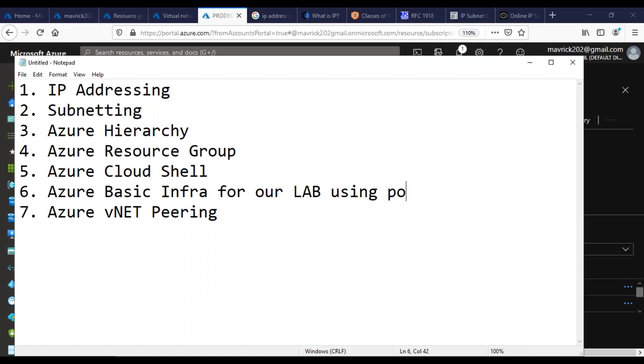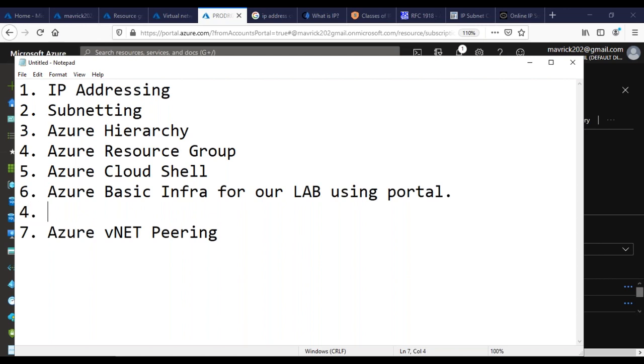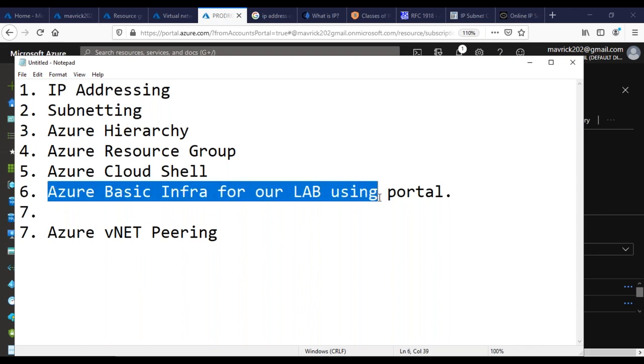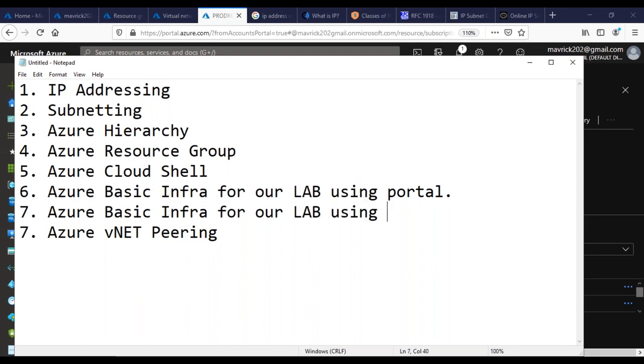And I want to show you the pain in that. Next, the seventh thing I'm going to do is deploy the Azure basic infra, everything, using CloudShell, guys, because we're going to run a set of scripts and sip the coffee and everything comes up.